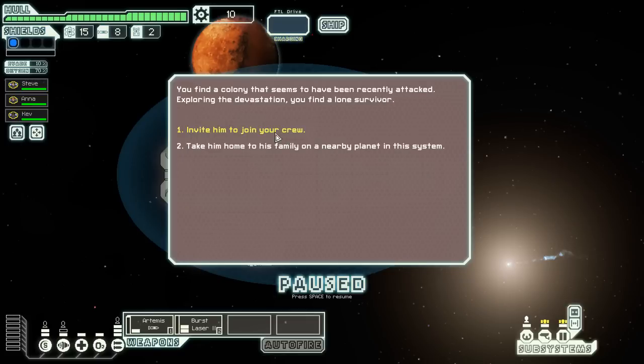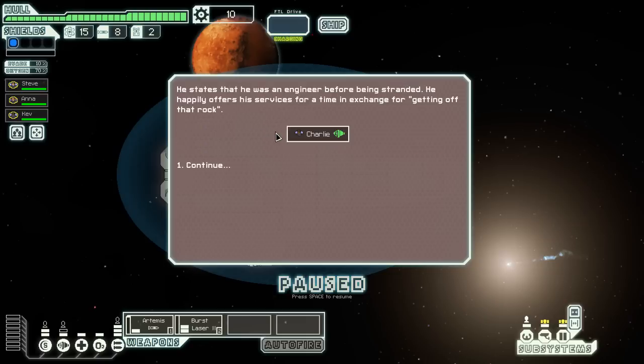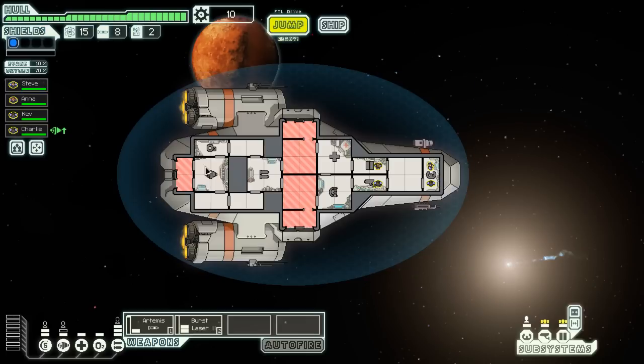You invite him to join the crew. Well, hey! And he brought some Charlie with him. Okay, party time. So, he has some sort of ability. It looks like he's good at...